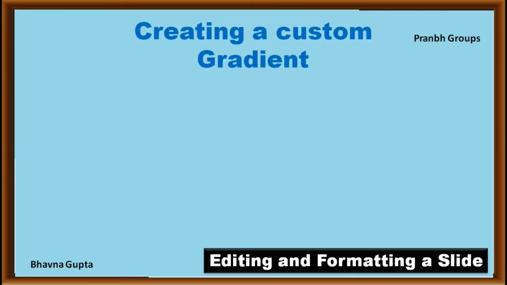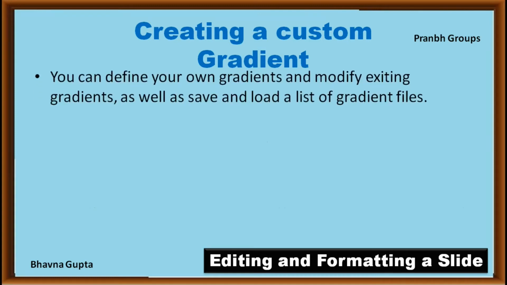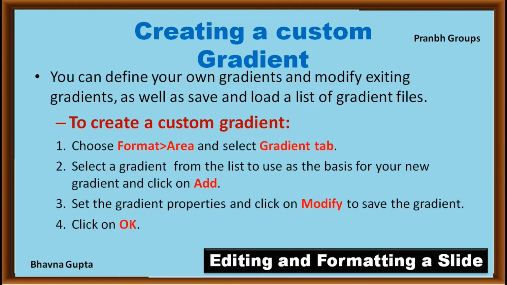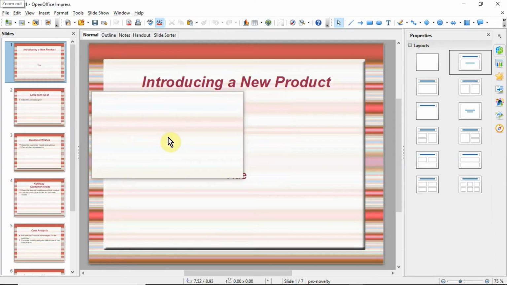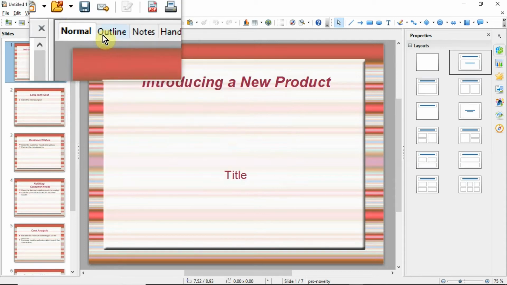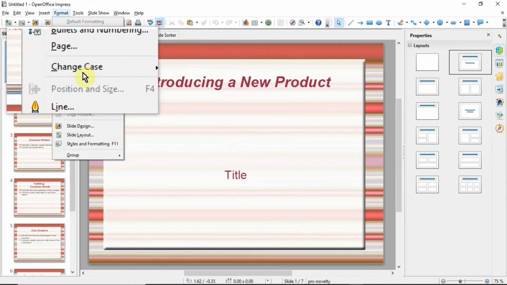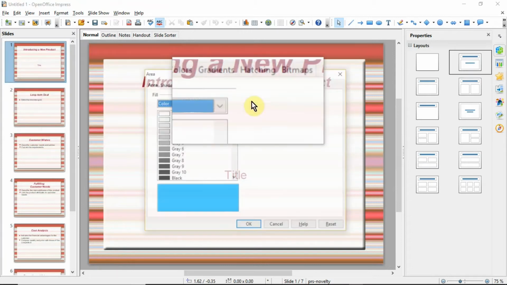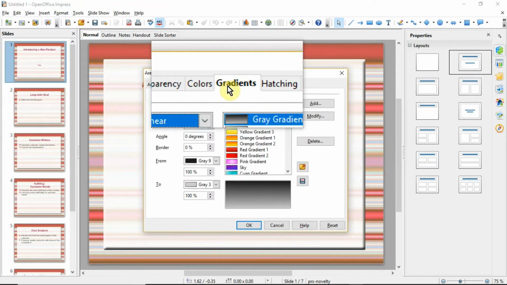Next one is creating a custom gradient. You can define your own gradient and modify existing gradients, as well as save and load a list of gradient files. To create a custom gradient, follow these steps. You can follow the same first step. Click on the Format menu and then click Area and then click Gradient, and then select a gradient from the list to use as the basis for your new gradient,